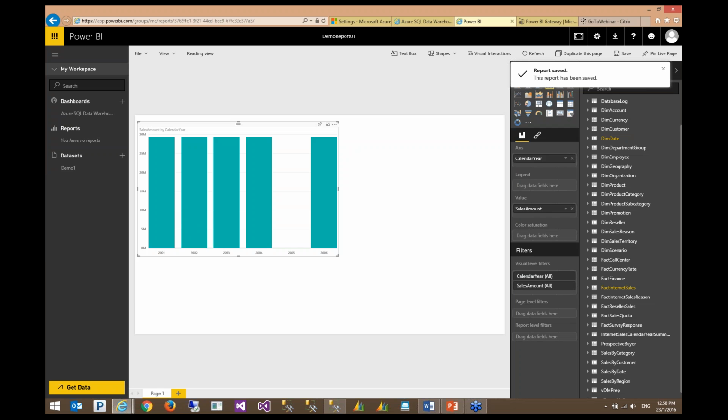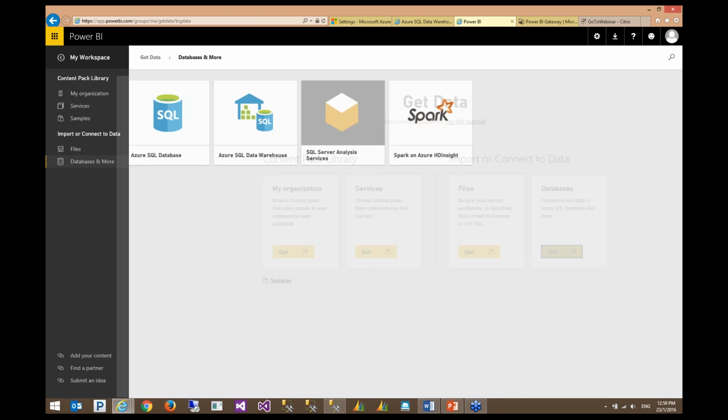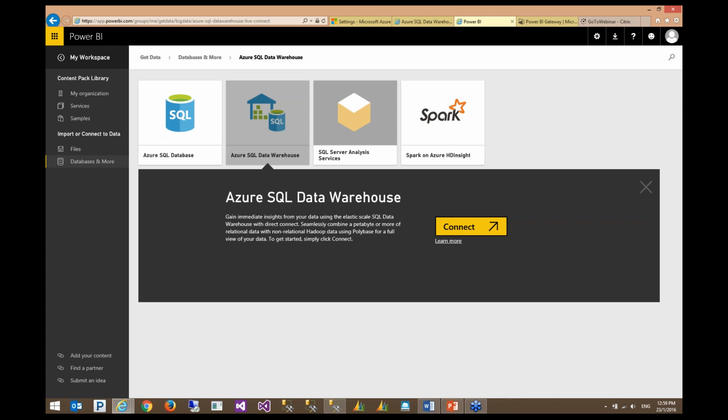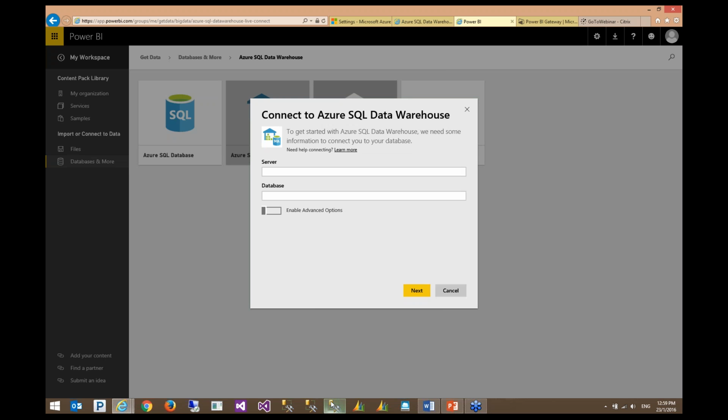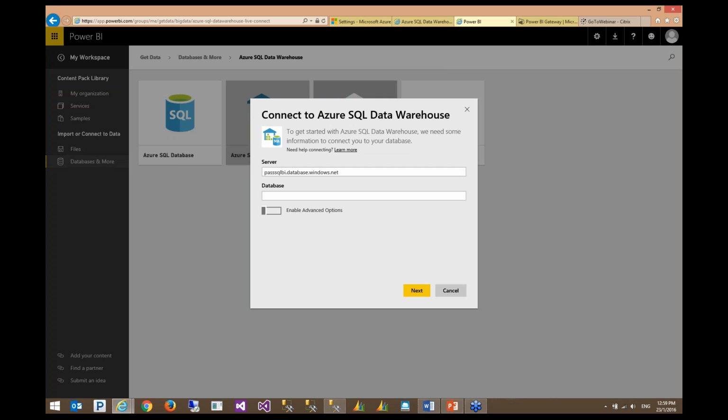To connect to Azure SQL Data Warehouse, I need to click on the Add button from the datasets and then databases, and you can see Azure SQL Data Warehouse is available here. And again, we need the server name and the database name, and credentials.